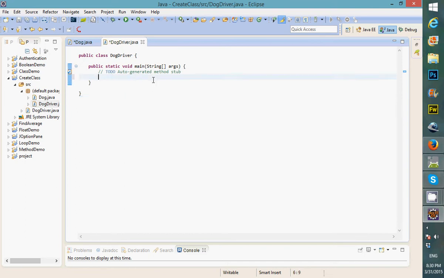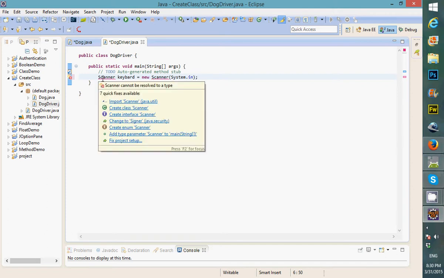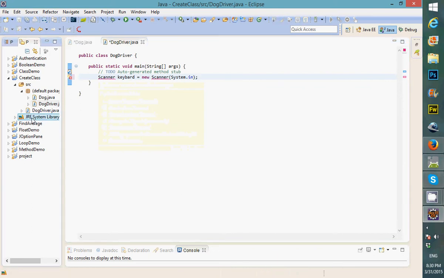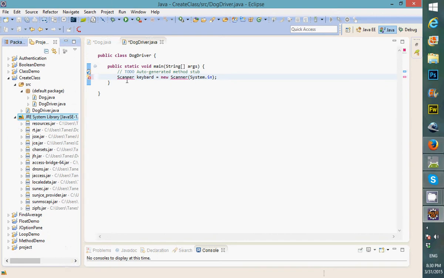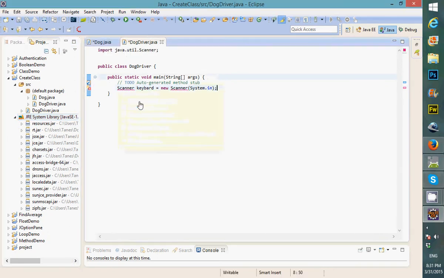For example, I'm going to prompt the user. I'm using Scanner. You may see this is a class, Scanner, that you always use in order to read input from the user's keyboard. This is a class, but this class was already created in the library. When you install the JRE, it pretty much has this Scanner class. If I import it, it's going to tell you the path